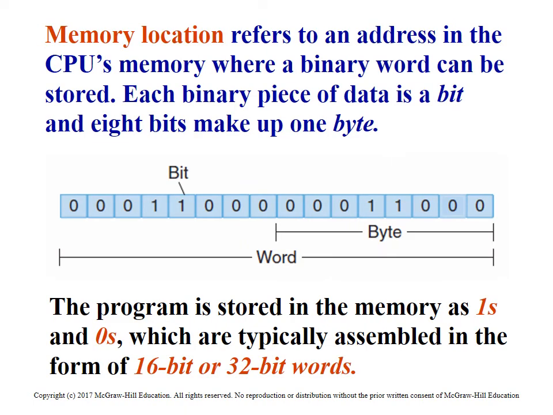So memory location information, that's good to know. When you're dealing with words, typically a word's going to be 16 bits. The new technology requires a 32-bit word, so be aware of that. There's a definite variation there. But a byte is still 8 bits, and a bit is still 1 bit. So even with a 32-bit word, there's still 8-bit bytes.